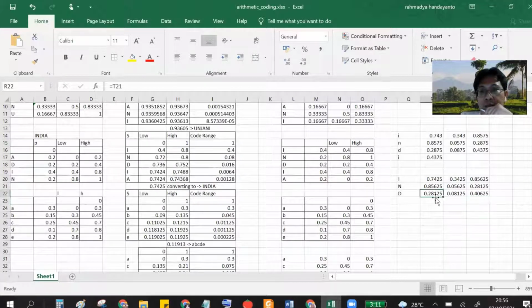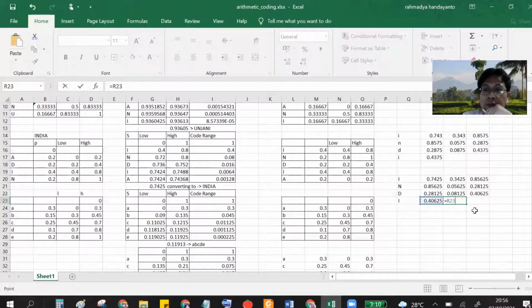You see the new number here, 0.4. You see again in the table, 0.4 is I. So you see this is the I, and then the difference, we subtract this by the lower bound of I, which is 0.4.